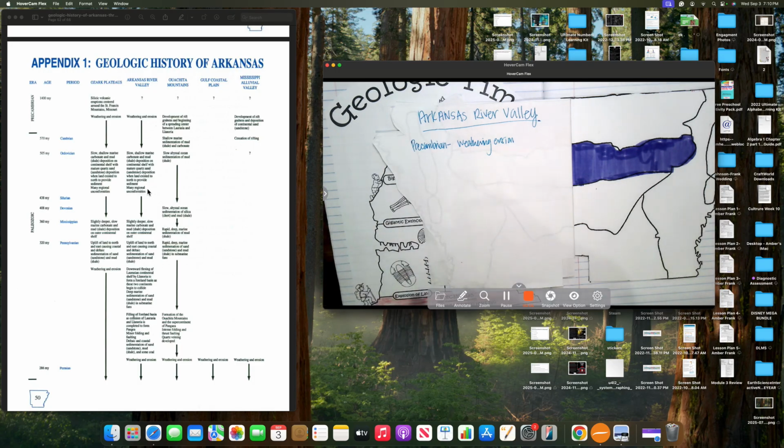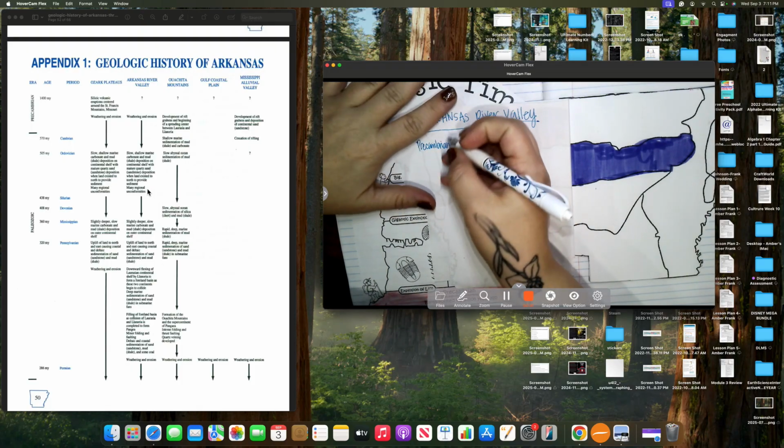And then it says many regional unconformities. That's just where that law of superposition starts to occur, where things don't start laying on top of each other. Things start to fold and manipulate, and you start getting areas where they don't match that, like cake layering. So for the Ordovician,